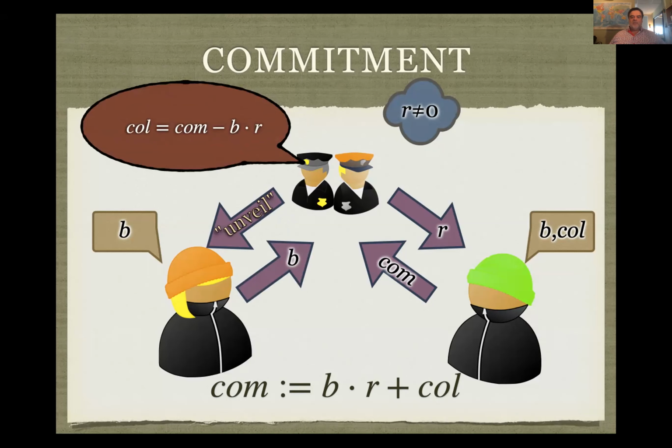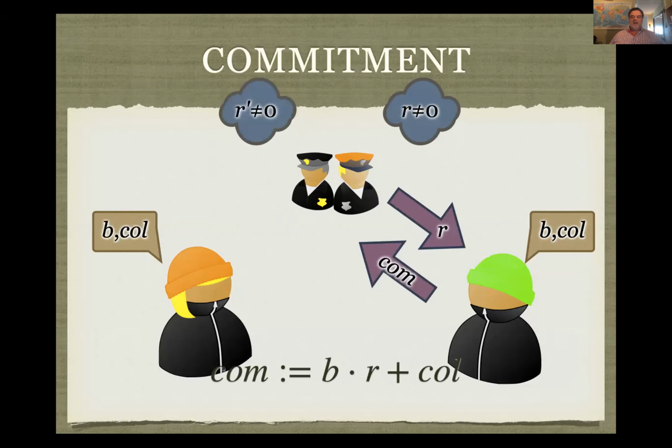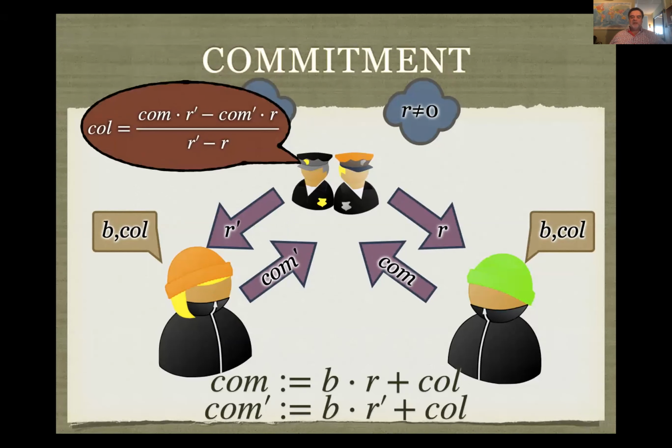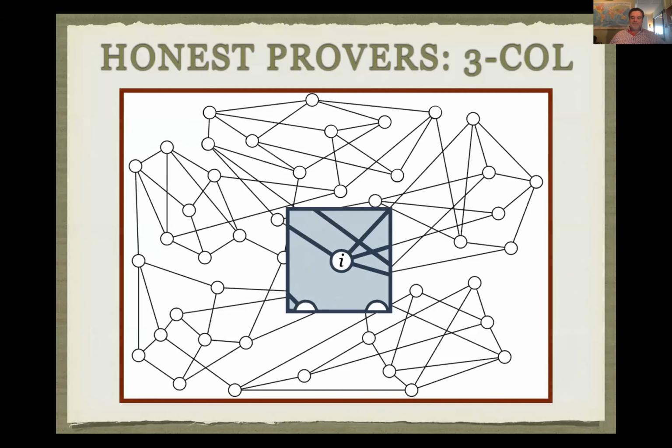Now, the trick of our paper is that we realize that if we get both of them to commit, you can actually get them to unveil obliviously. So if you ask them both to commit to a value, and then you give them different randomness, then you can actually establish the colors. But if you don't give them different randomness and give them the same randomness, you